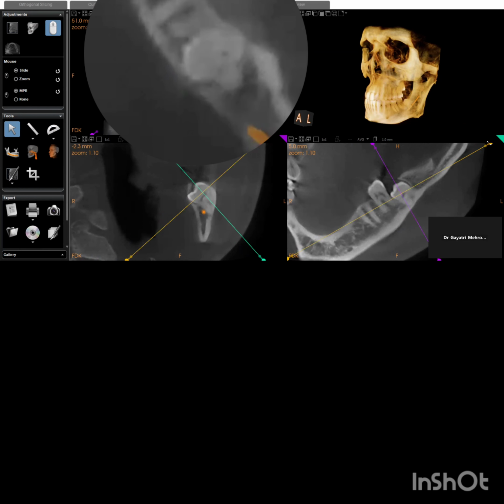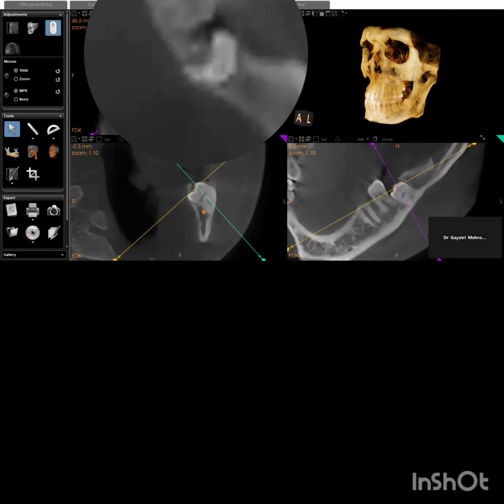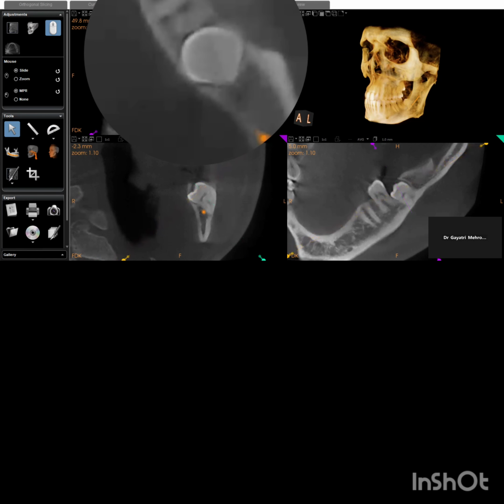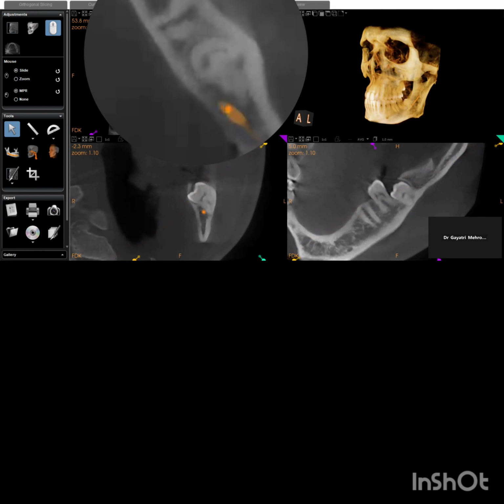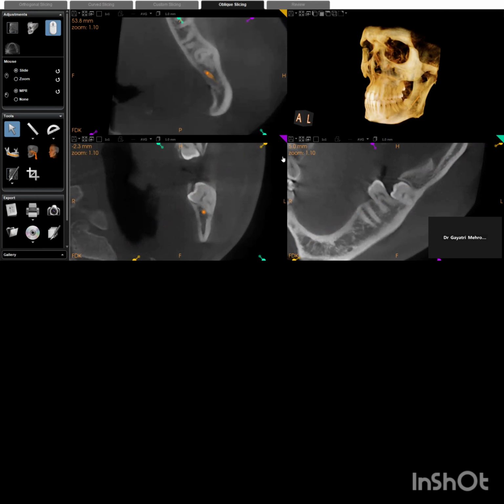But if I just show you, I'll move my cursor. Please keep on viewing here. That is the axial section. Okay, it's in direct contact. But at the same time there is no resorption, as in this third molar till now it has not caused any damage to our tooth, that is 3/7. There is no damage. Okay, so we are done with one thing, that is the facing of the crown, and there is no damage till now on the tooth.